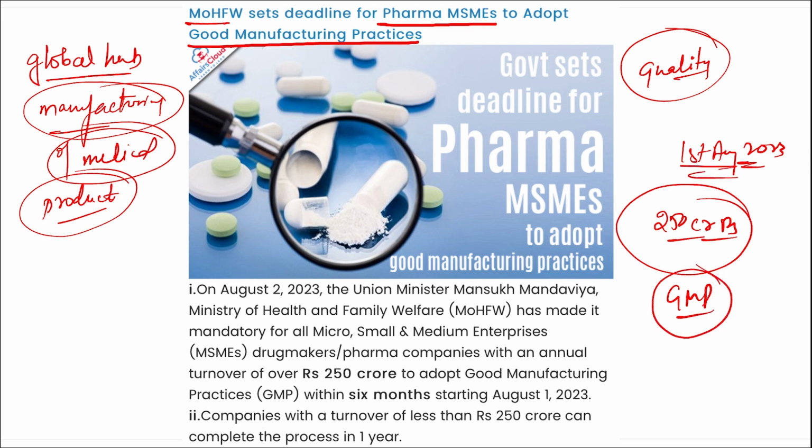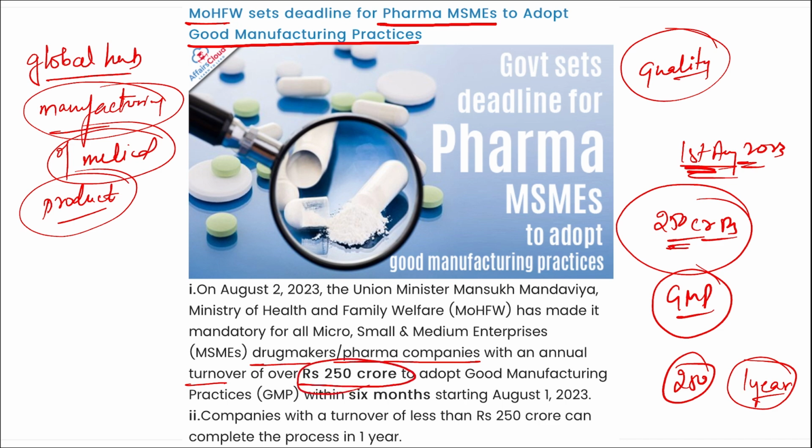The companies with a turnover of less than 250 crore can complete the process within 1 year, but the companies with a turnover of more than 250 crore have to comply effective from 1st of August 2023. This adoption can be made by implementing the revised Schedule M of the Drugs and Cosmetics Act of 1940, correct? So coming back, remember here you can see companies, drug makers, pharma companies with an annual turnover